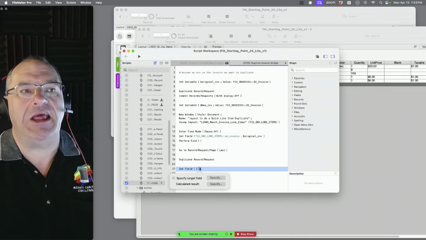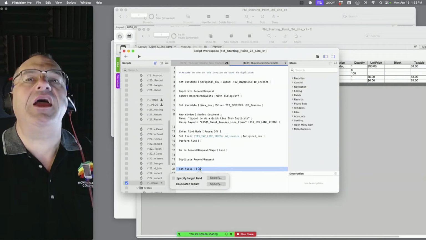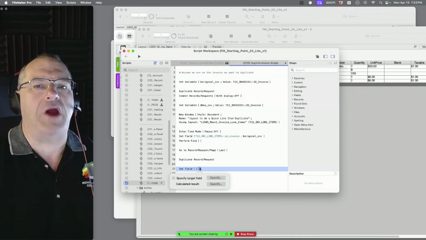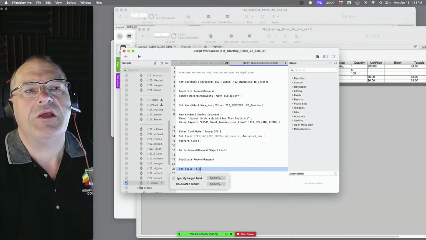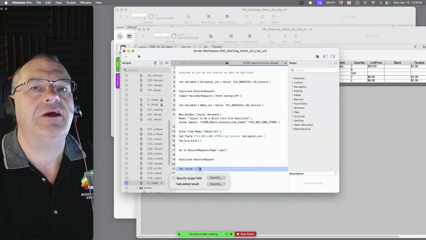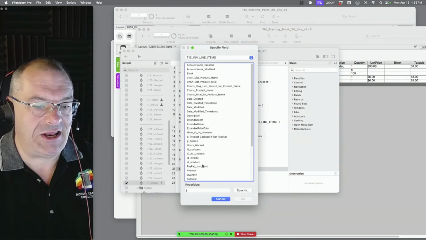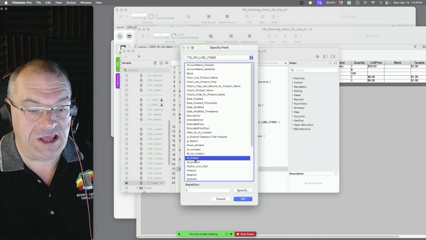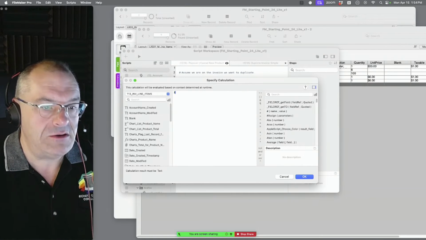How awesome is that? A lot of people can explain how to do it, but they say, "I don't know how to script. I'm not a programmer." The reality is, FileMaker is so great that if you can verbally explain it, then you can code it, because it's plain English. So invoice line items, ID invoice foreign key. Go to here, and then we're going to paste the variable in.